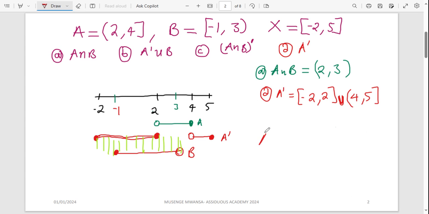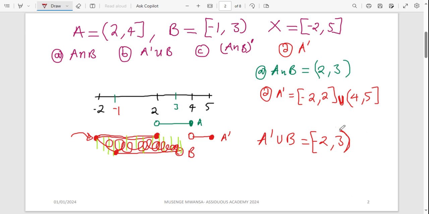So the union of A complement and B is therefore going to be: the smallest number that we have is this number here, which is negative 2. Okay, we are going to close here. Why are we closing? Because negative 2 is part of A complement. And then we are going to move all the way. Look, all this region has been connected up to 3. At 3 we have not connected, but look at 3. 3 is not part of the set B, so we're going to use